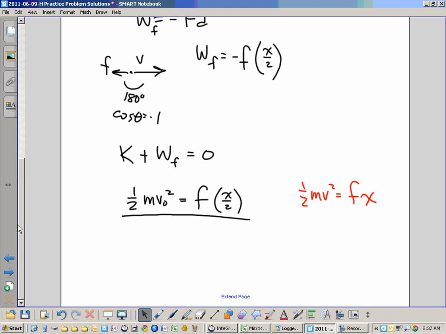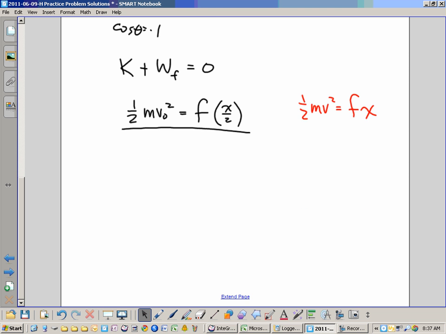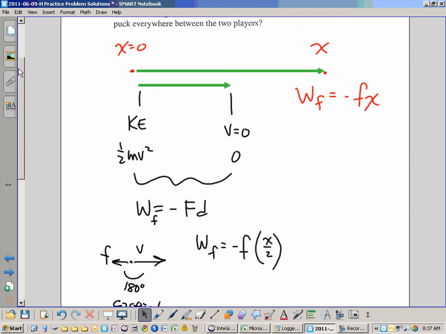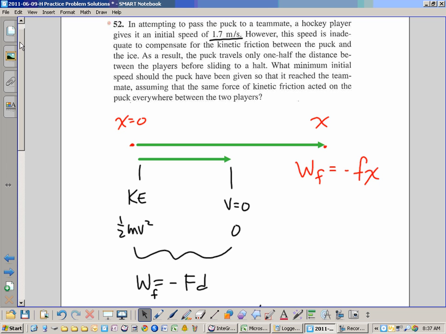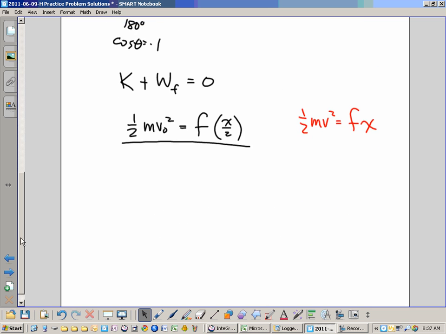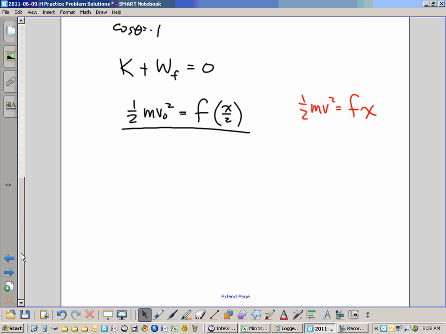All right, so now how are we going to put this together? We're looking for a ratio. Do we get a number for how fast he passed it? Yeah, 1.7 meters per second. So that is our original v. Well, let's take a look at that. We know that we want to use a 2-equation strategy, so let's set each of these two things equal to stuff, then set them equal to each other, so all that junk will go away. Does that make sense? All right, so here we could say, let's say mv naught squared is equal to